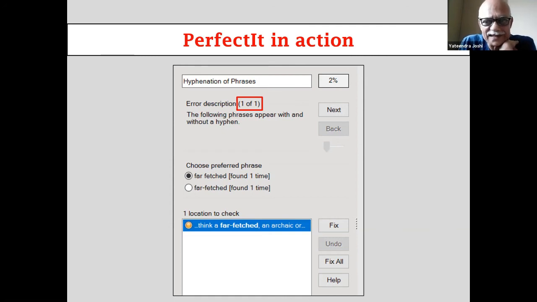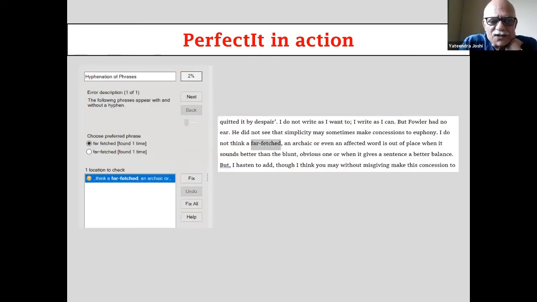It will apply that fix. It's up to you. If I'm doing this, I will not in fact touch fix at all, I'll simply make a note, okay, far-fetched needs to be looked at, and then I'll go over to the next one. As you could see here, it is highlighting that far-fetched, and it is up to you to choose.